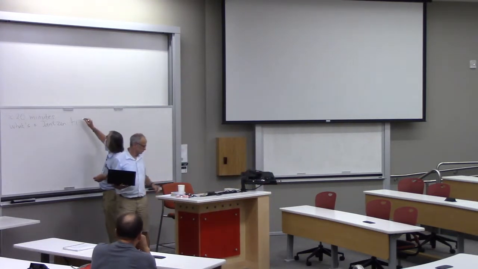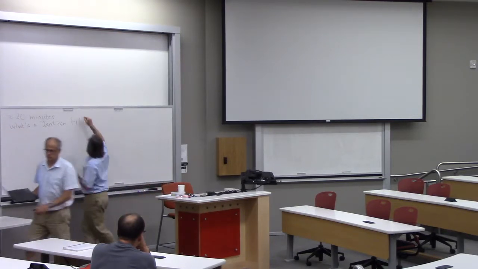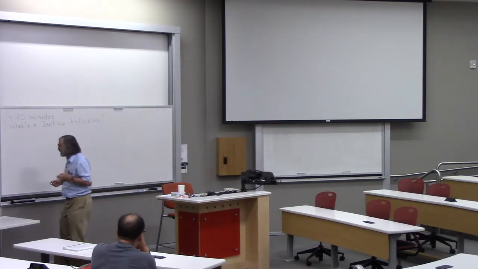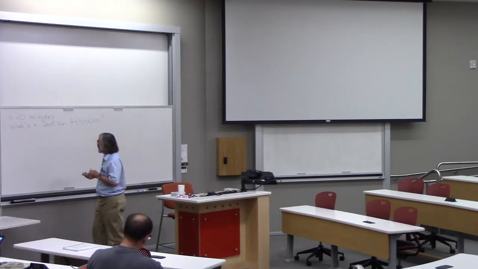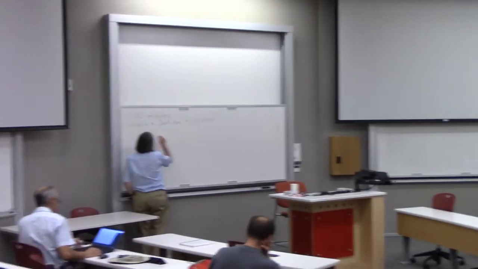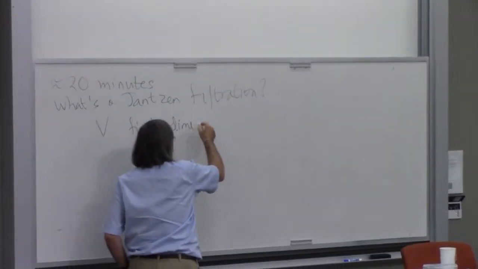So, what's a Jantzen filtration? And then Jeff will talk about how Atlas displays information about Jantzen filtration, so that'll be more fun. So the simplest setting is you have some finite dimensional complex vector space